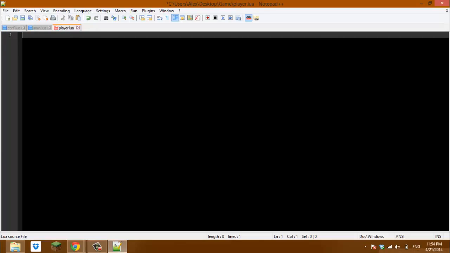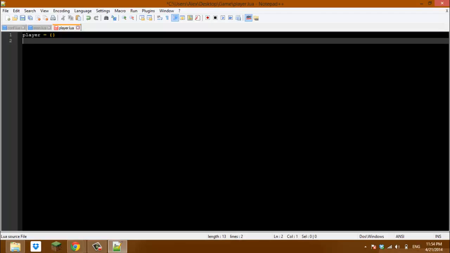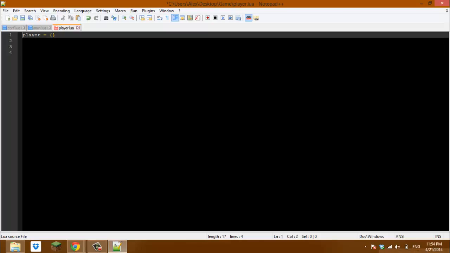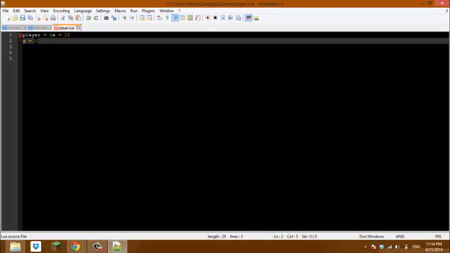So what we're gonna do to start off is write player equals table. Tables, I think, you know what? I don't think I did a tutorial on this. So the table is basically, it stores different variables. Like if you put some variables in here, like x equals 12 or y equals 12,